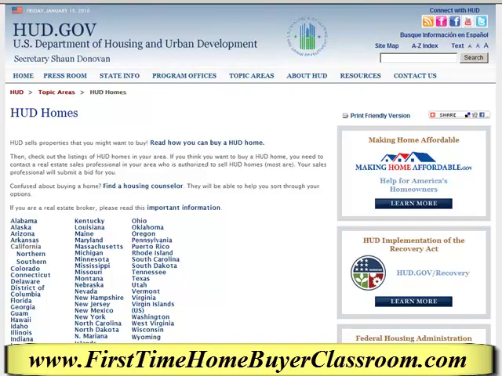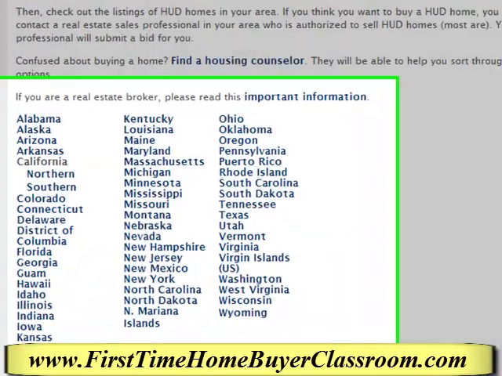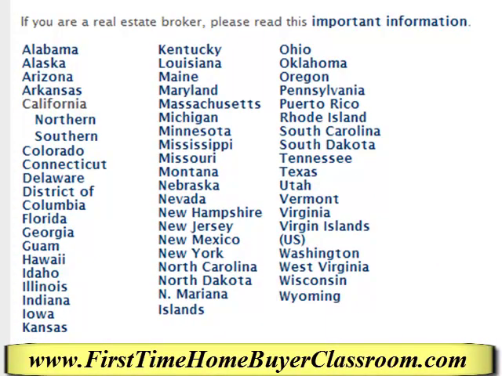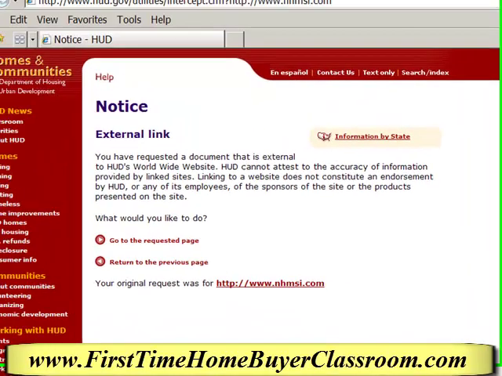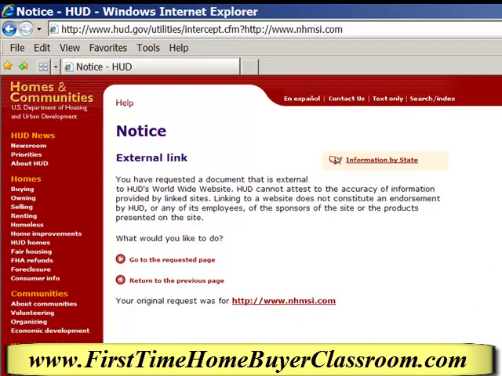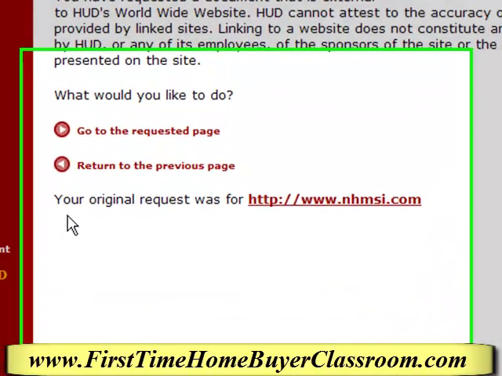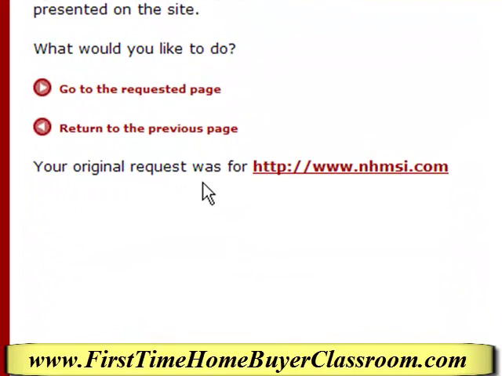Now what you need to do is find the state that you live in, and today we're going to be looking at Florida. So we go over here to Florida and click on Florida. It's now going to bring us into the HUD website. You're going to click on the link in the middle of the page that says your original request was for, and you're going to click on this link right here that says